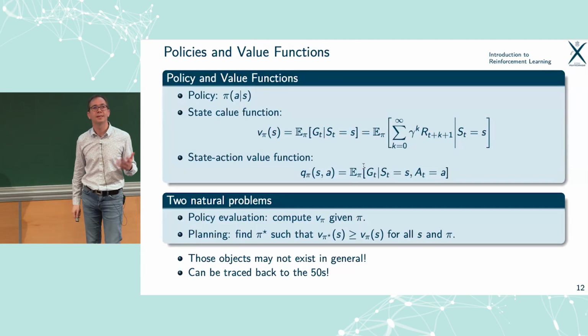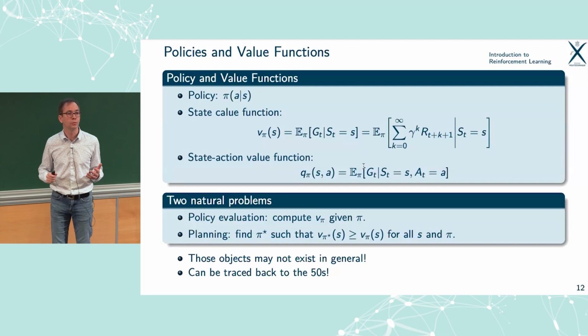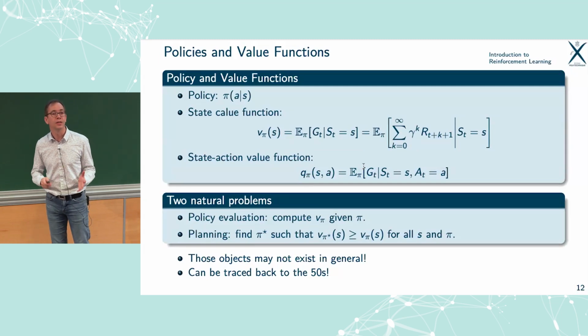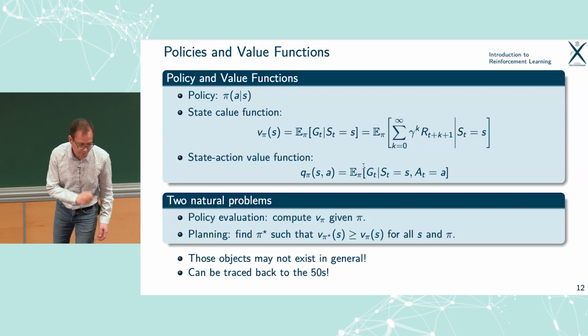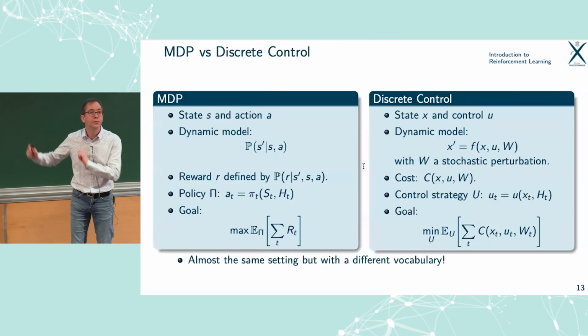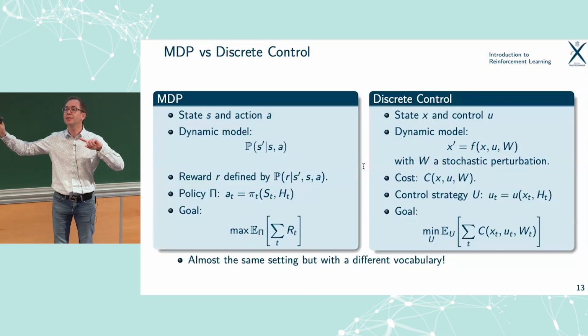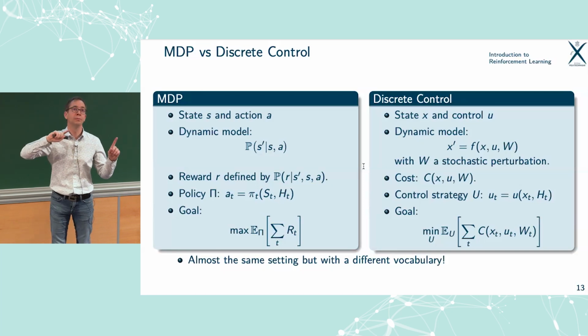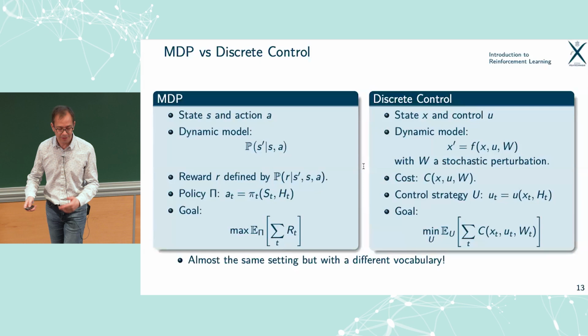And what is interesting is this is not something new. It can be traced back to the 50s and even the Second World War. It's really related to operational research, the idea of optimizing a decision when there is a sequence. And for those of you who have done control, you can translate everything I'm going to say into the vocabulary of control, just a matter of changing the sign, because we maximize the reward where in control you minimize the cost.